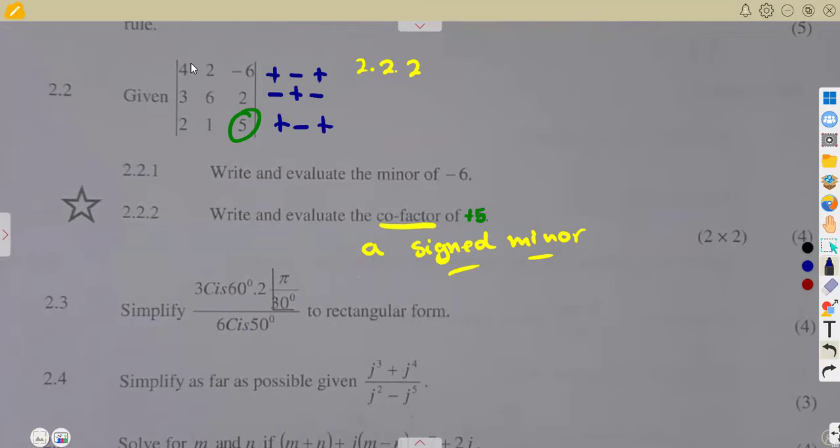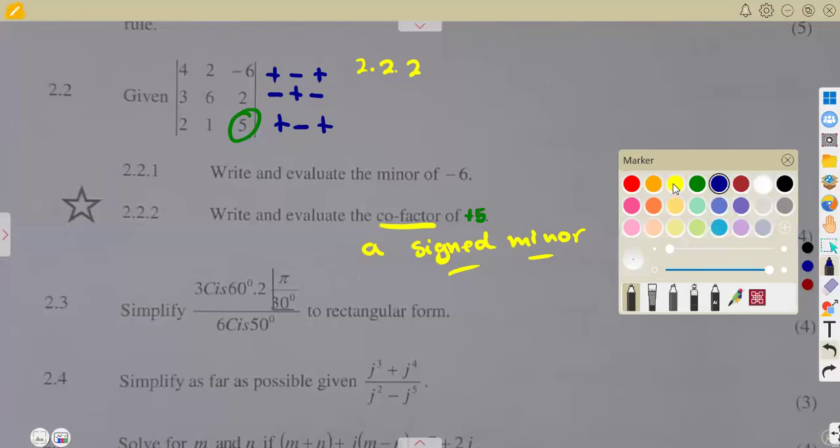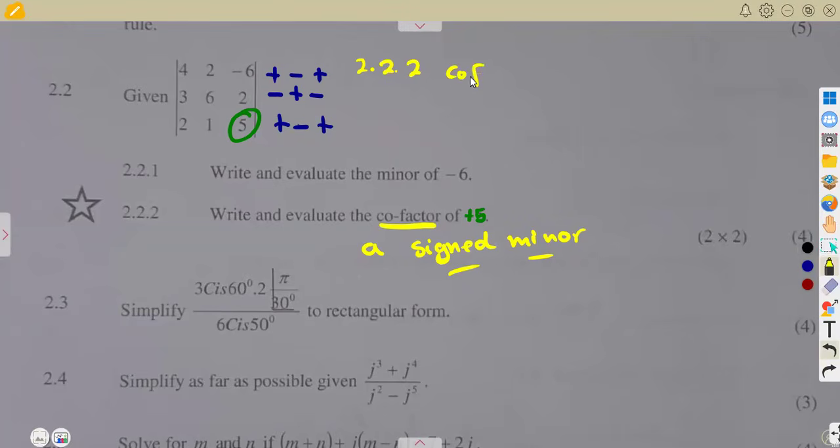In this order, remember, there are 3 elements, so it's supposed to be 3 signs per row, but you start with a plus, minus, plus, then minus, plus, minus, like that. So it is the sign that will affect the result when you're talking about the cofactor